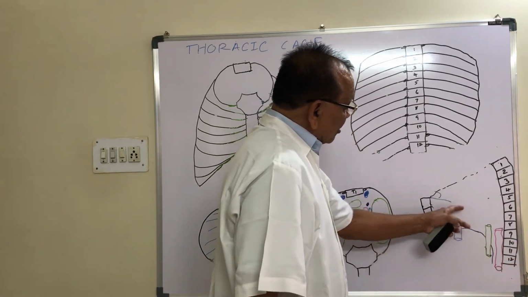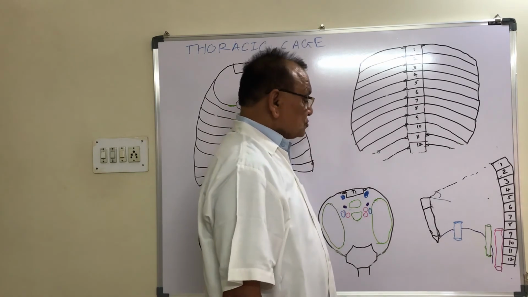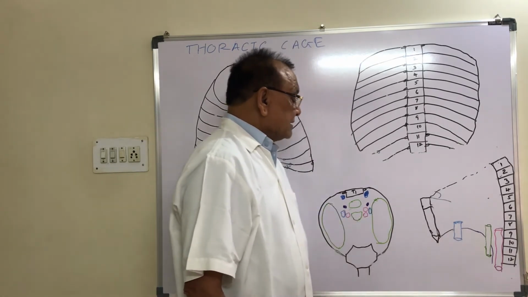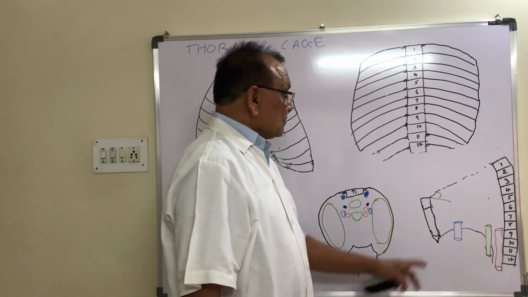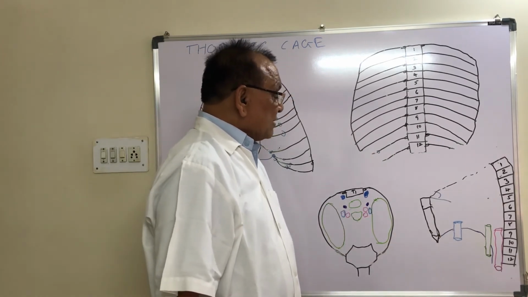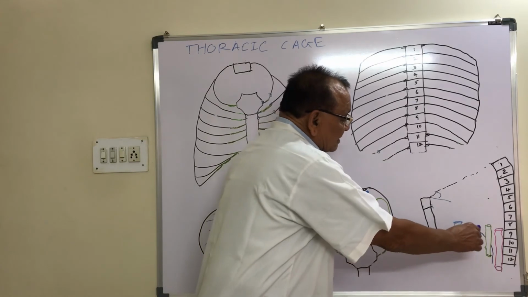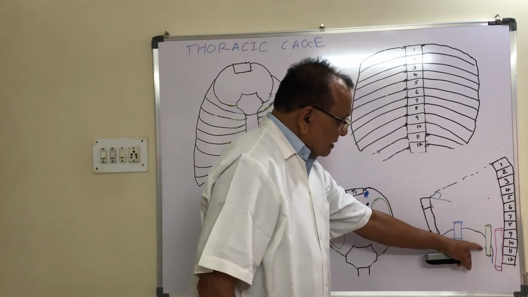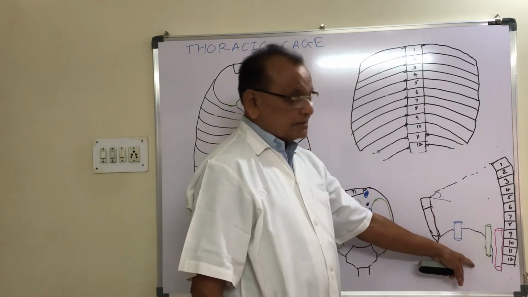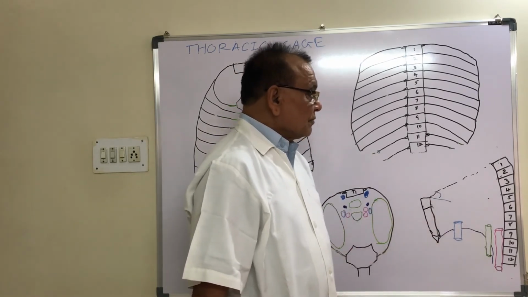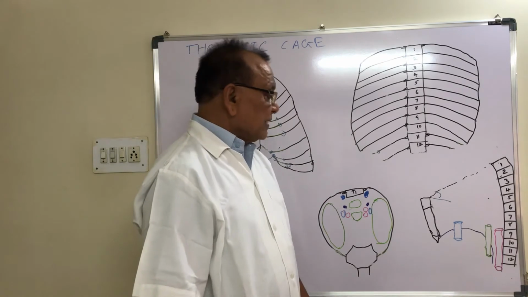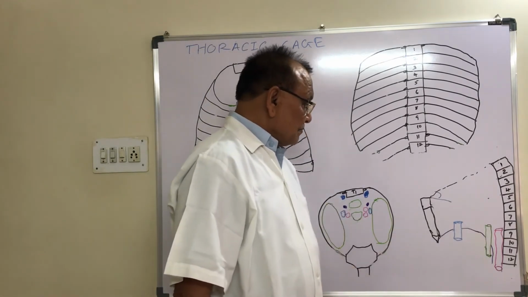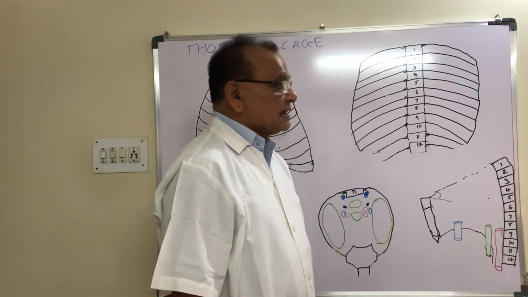Now the inferior vena cava opening transmits two structures. One is the inferior vena cava and the second is branches of the right phrenic nerve. The right phrenic nerve supplies the diaphragm muscles. The esophageal opening transmits the esophagus, continuation of the right and left vagus nerve, and esophageal branches of the left gastric artery with accompanying vein.